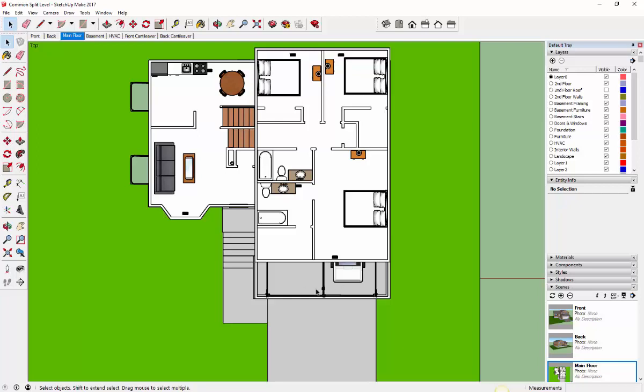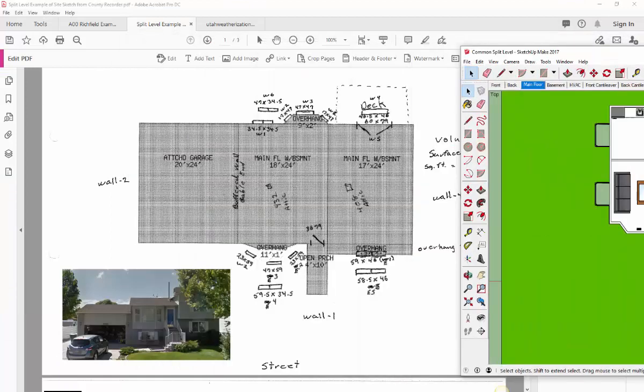And I am not so concerned about the unfinished garage, or the garage below, but I probably do need to draw that so that I can identify what's going on, because there may be some finished space below and more finished space above, so I've got to figure out how to show that on my drawing. So I'm going to slide my drawing aside,